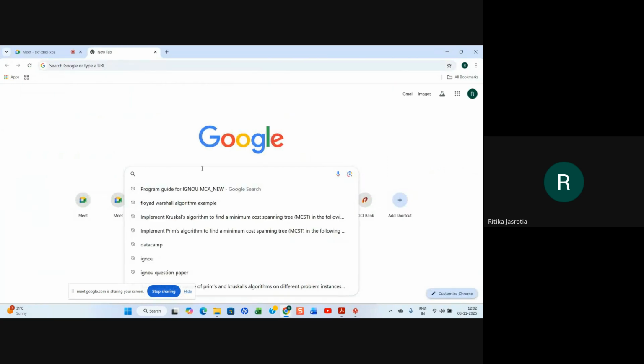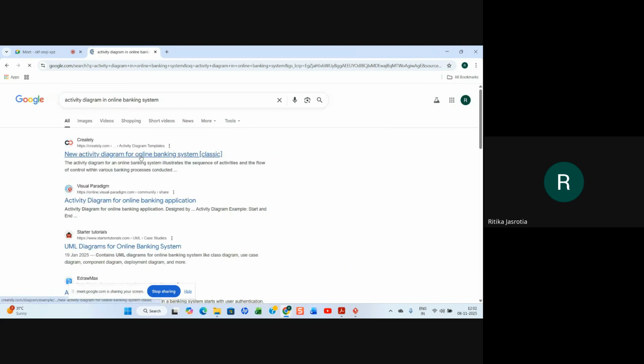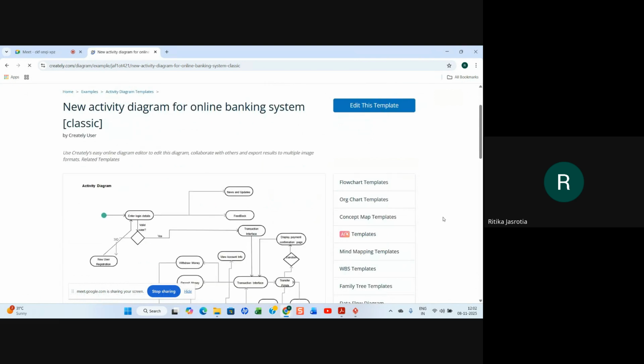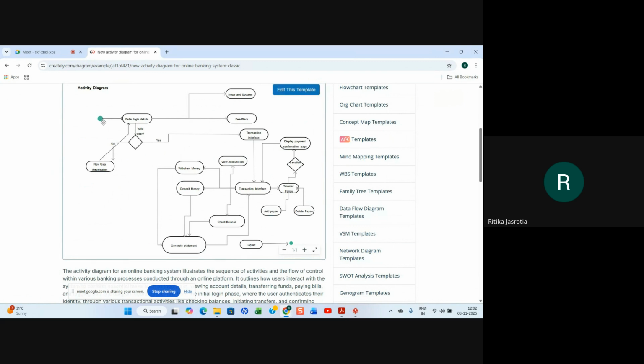Right. So here, if we make an activity diagram, we'll see what they have given. So here they have given you this. You see here, this is a starting.